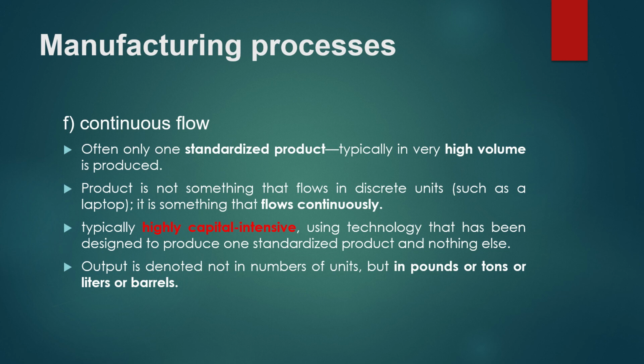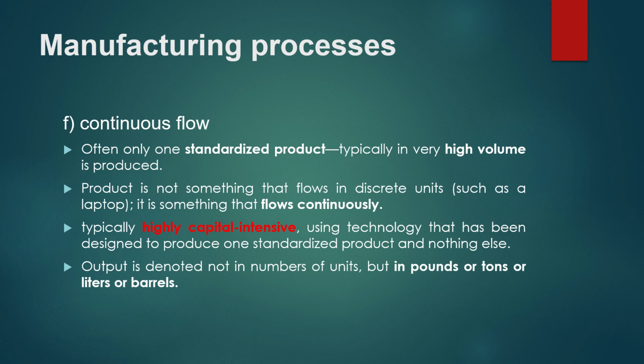Continuous flow processing is characterized by the rapid rate at which items move through the system. This processing method is very appropriate for producing highly standardized products like calculators, typewriters, automobiles, televisions, cellular phones, and so on. Its other characteristics are as follows. Number 1, there is an economy of scale in production, resulting in a low per unit cost of production.